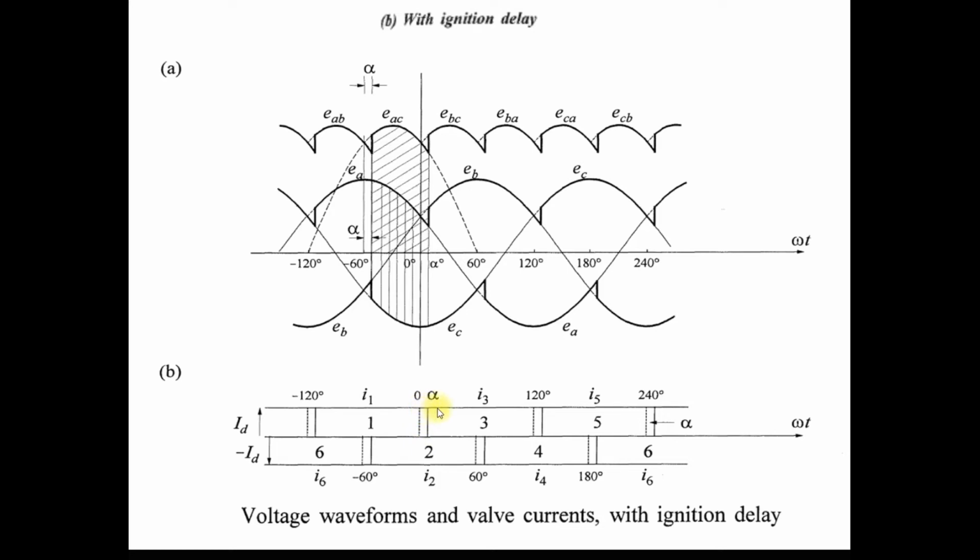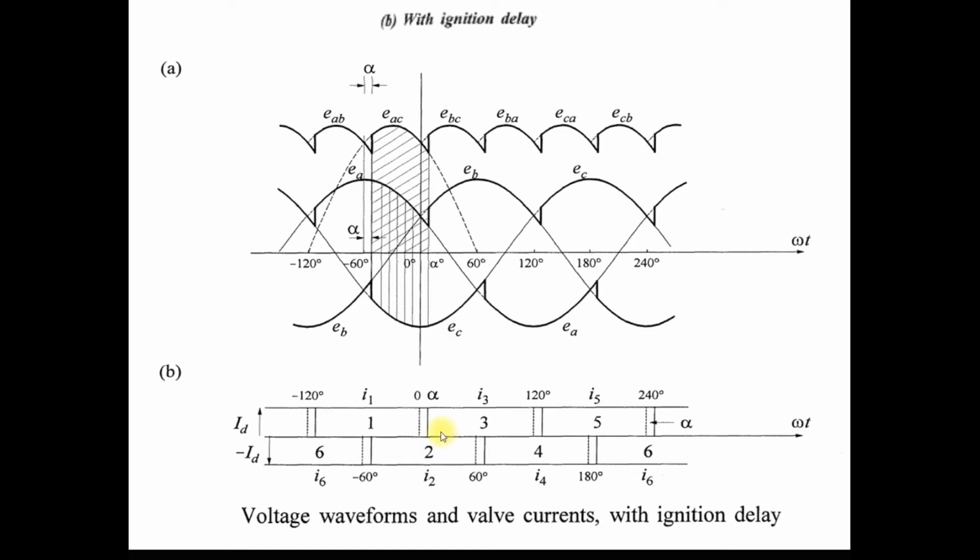Clear? Why? Because here we do not consider the effect of LC. But when we consider the effect of LC, this transition does not happen suddenly or instantaneously. Clear? It takes some time, like this. Current flowing from valve 1 is decreasing and current flowing from valve 3 is increasing. So the transition from valve 1 to valve 3 takes some time, and that time is nothing but the commutation